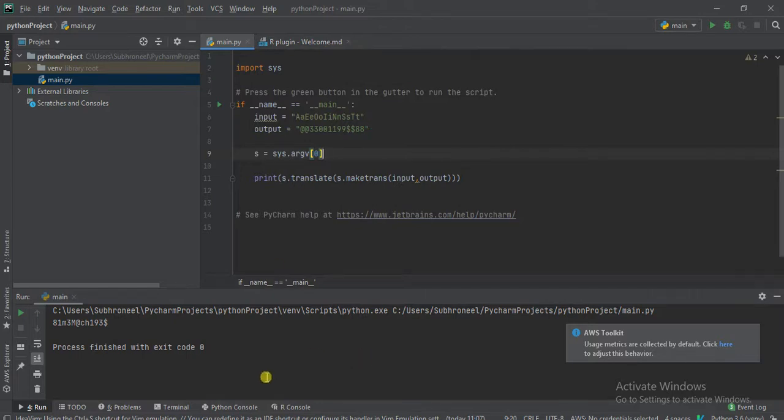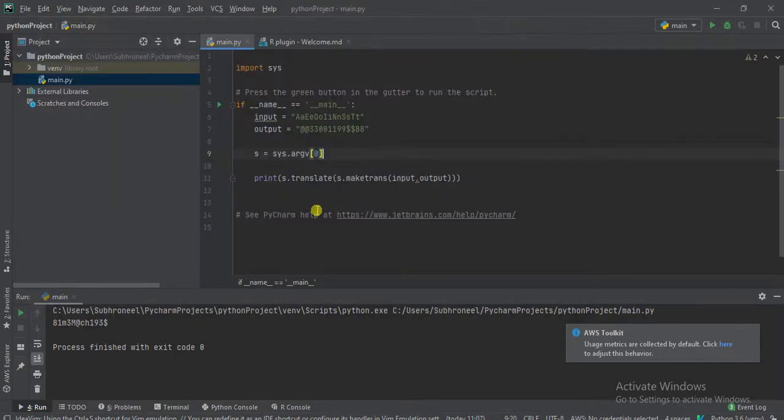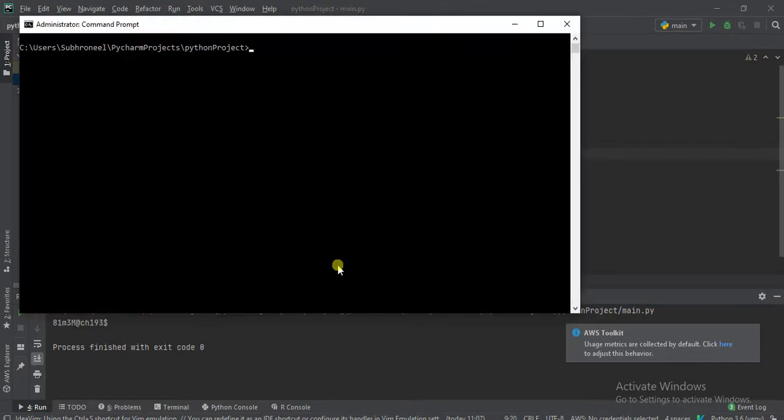Let us go to the command line. I'm not interested now in configuring Python for taking arguments, so we just go to the actual command line and run the file main.py. Let us try with password.